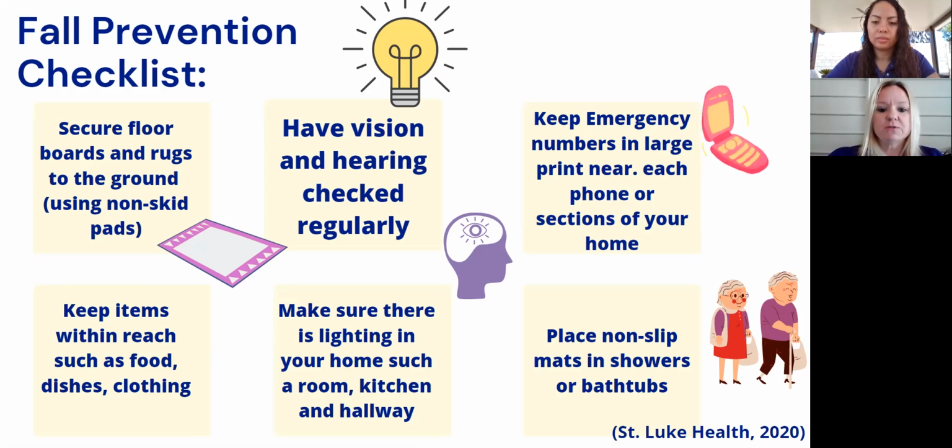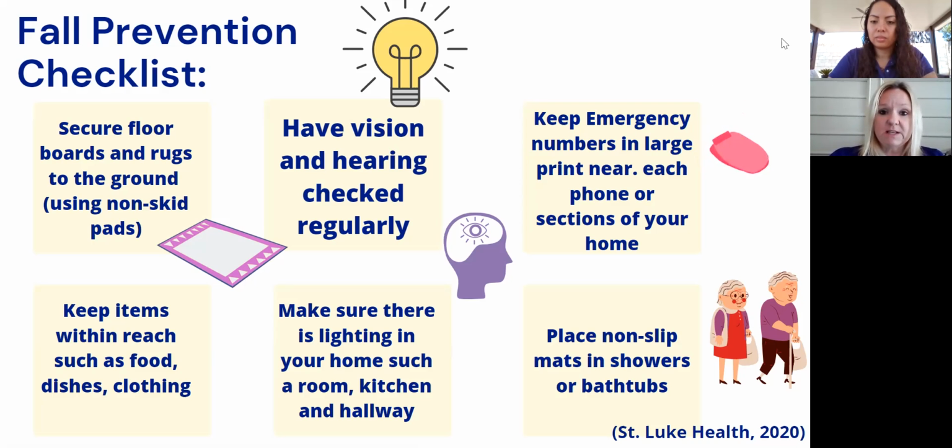We also want to make sure that the lighting in the home, the room, or their environment is nice and well lit. In a dim environment, you are less likely to see items that are around you. You are less likely to see things that might cause you to be a fall risk. So keep in mind that the lighting in the rooms is very important, especially for an aging adult whose vision is already affected.